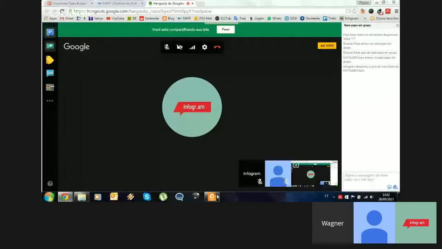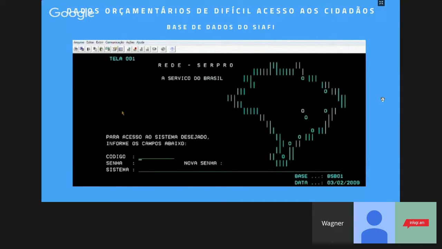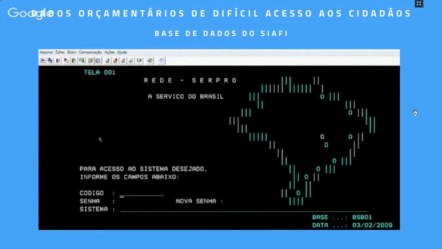For example, if a public worker wanted to insert public budget data in a big platform called SIAFI, they would see something like this. I will start sharing my screen here. I'm just showing you the kind of system that they use to get public budget data.